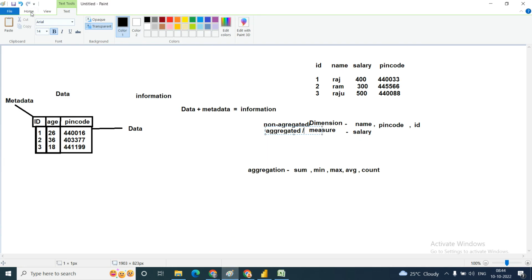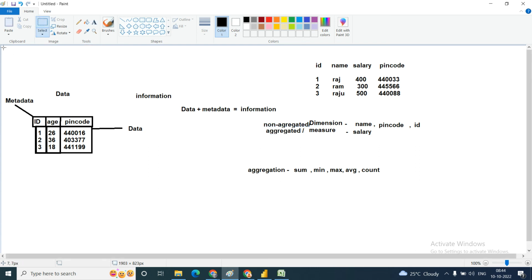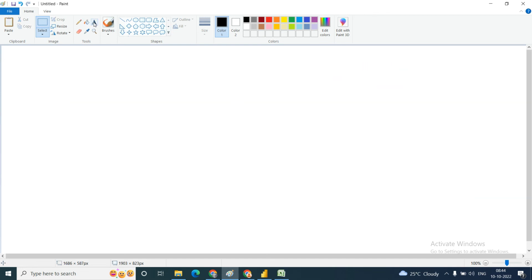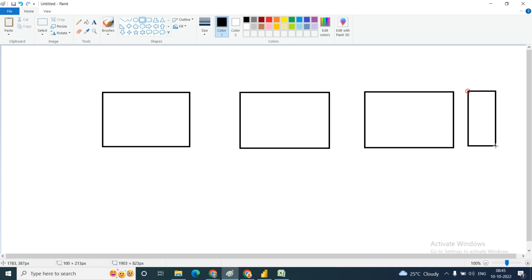So in Power BI, there are 3 stages. When we connect data, this data should go through the 3 stages. First stage is Power Query Editor, second is data modeling, then DAX and visualization. First, when you connect to the data, you need to clean, shape and transform the